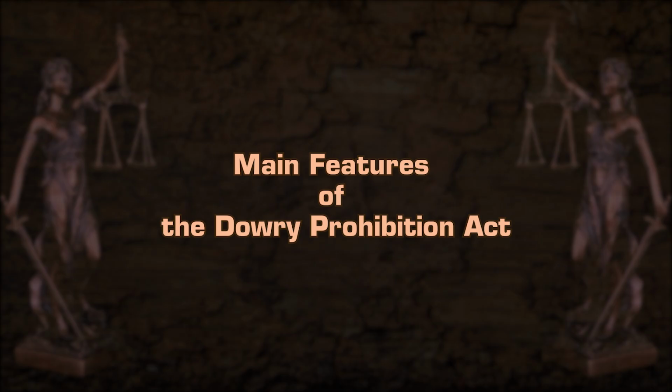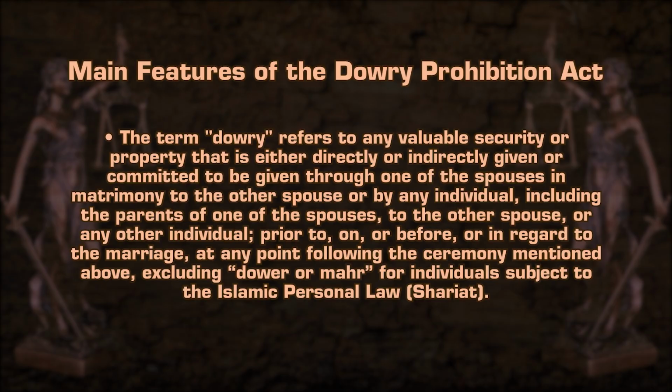Main features of the Dowry Prohibition Act. The term dowry refers to any valuable security or property that is either directly or indirectly given or committed to be given through one of the spouses in matrimony to the other spouse by an individual, including the parents of one of the spouses to the other spouse or any other individual, prior to, on or before or in regard